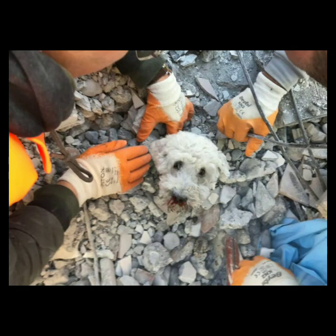Dog rescued from Turkey earthquake rubble after 90 hours trapped under wreckage. A dog has been rescued from the rubble of the Turkey earthquake after being buried for 90 hours. The pet, named Pamuk, became trapped after the biggest natural disaster in more than 2 decades shook the region, killing more than 20,000 people and leaving tens of thousands homeless and hungry. Pamuk drank water offered by rescuers as they tore away at the heavy debris left by the 7.8 magnitude tremor